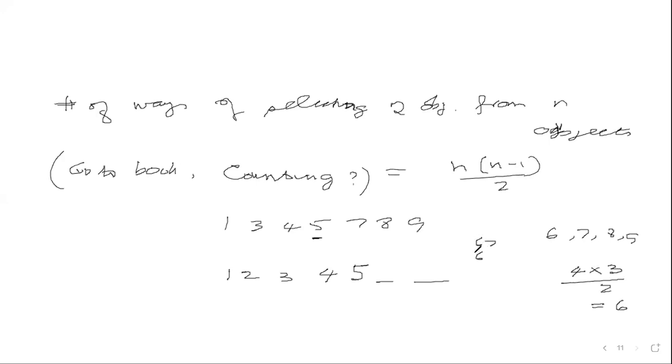You can have 67, 68, 69. Those can be the endings, or it could be 78, or 79, those which start with 7, and finally, those which start with 8, 89, and that's it. There are no more numbers which can fit into this lot, and there are 6 of them. So if you pick the numbers at random, there are only 6 of them which have a 5 in the 100th position. So the only 6 possible ways of getting success,